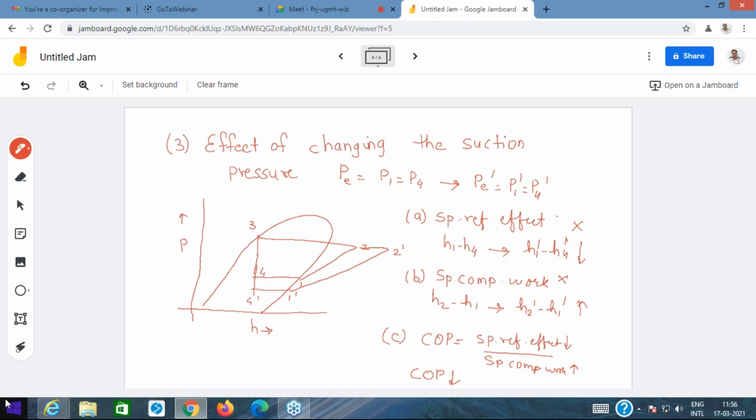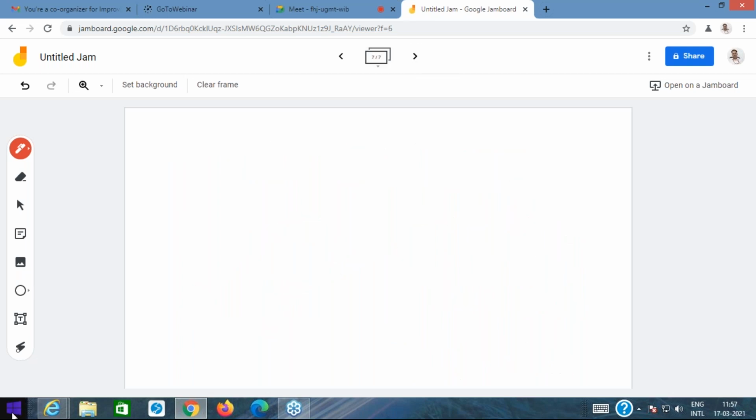So if you want to increase the coefficient of performance, then we need to keep the suction pressure as high as possible. Okay, now why am I saying as high as possible? The reason is very simple. We cannot design what the suction pressure should be. Suction pressure is not defined by the design engineers in a general sense. Suction pressure is a function of the application. What I mean by this, let me elaborate a bit.